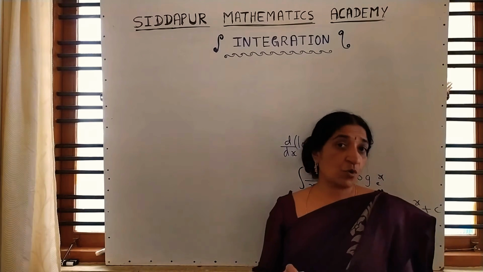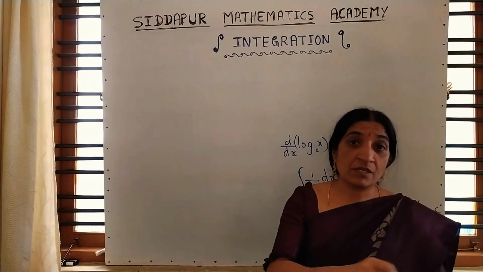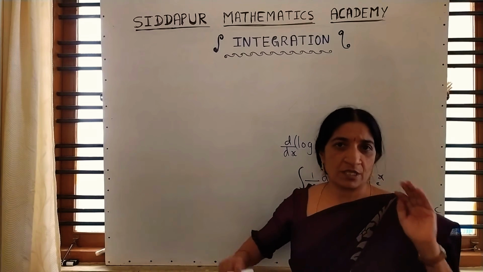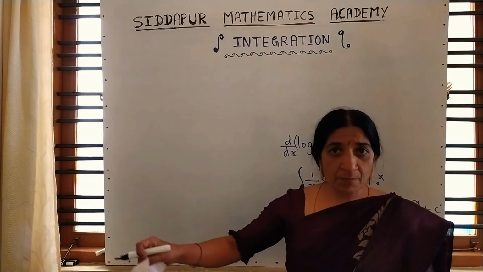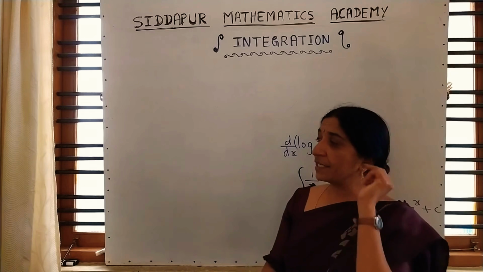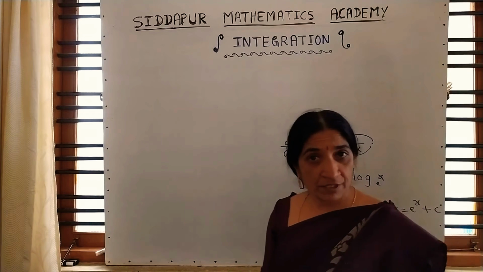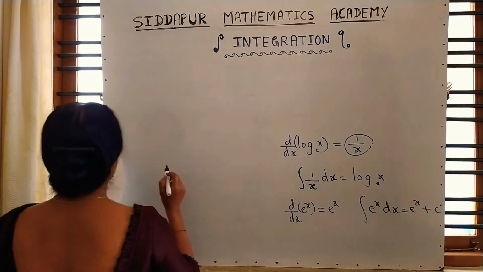In differentiation, what are you doing? We are dividing the work into subdivisions, into small parts, small units. That is differentiation. In integration, we are combining all those small parts and making a big one. And integration is used to find the area under the curve. Understood? So tell me students, what is integration then?